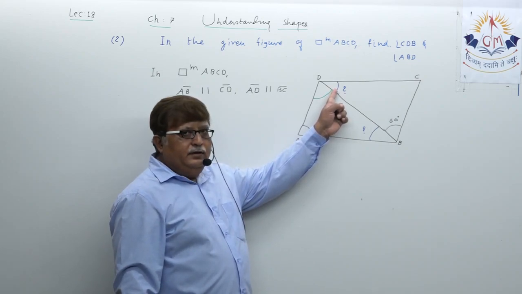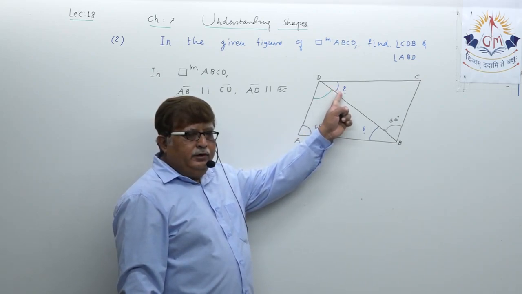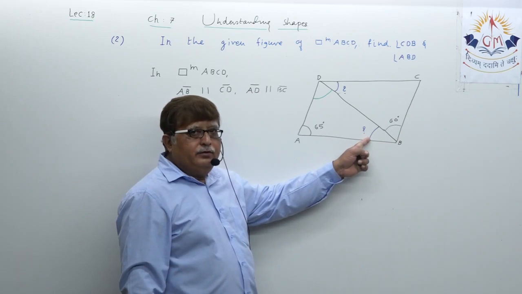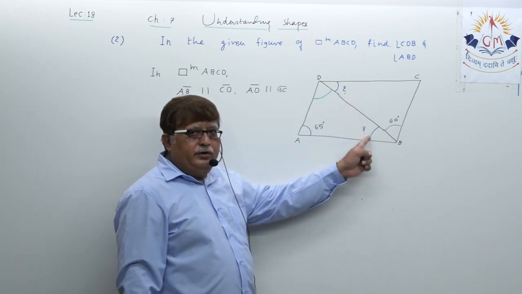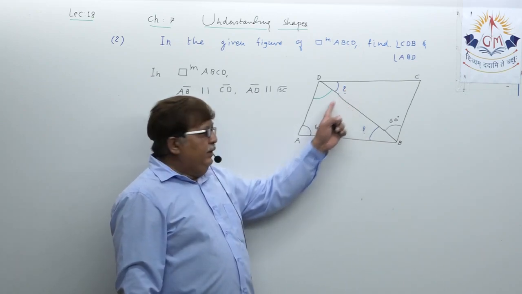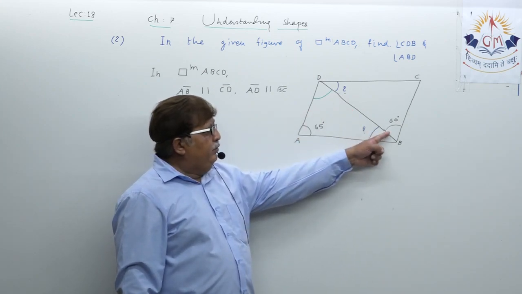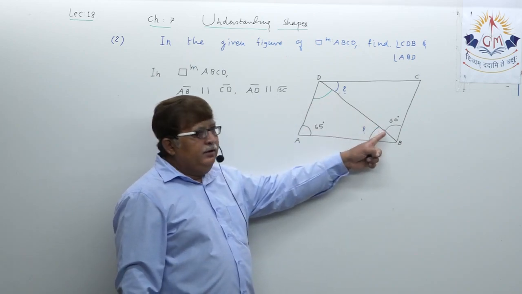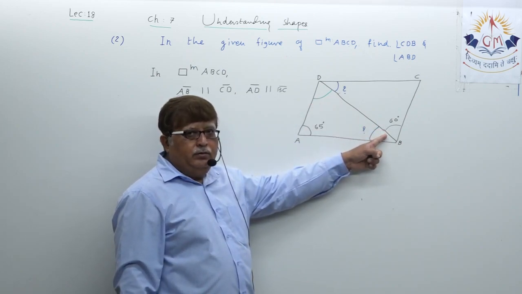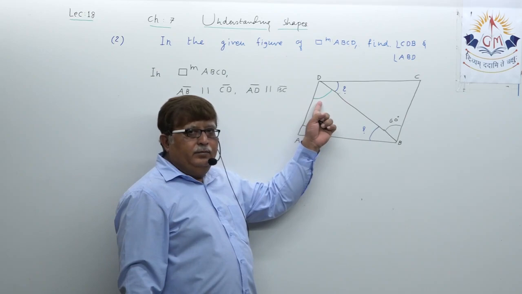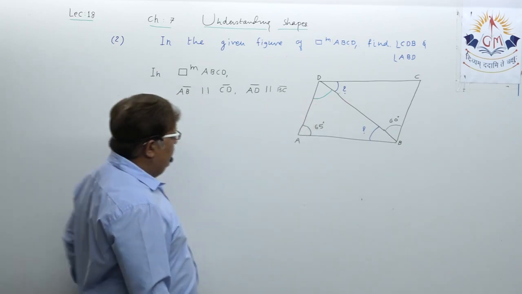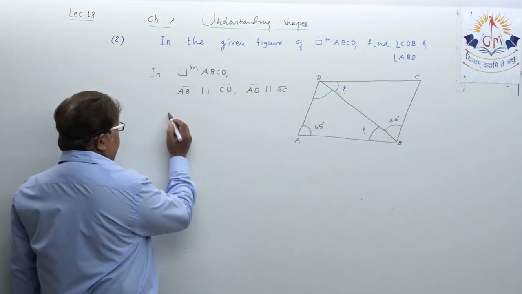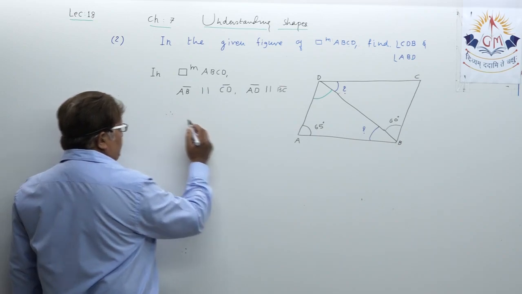If I want to find this angle, I need to have this, because this makes an alternate angle. Why am I targeting this? Because these two form a pair of alternate angles in which one of the angles I know. That's why I may get this angle. Okay. So dear student, we are writing therefore.